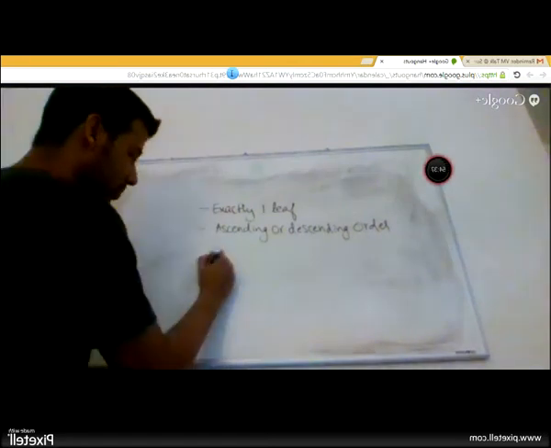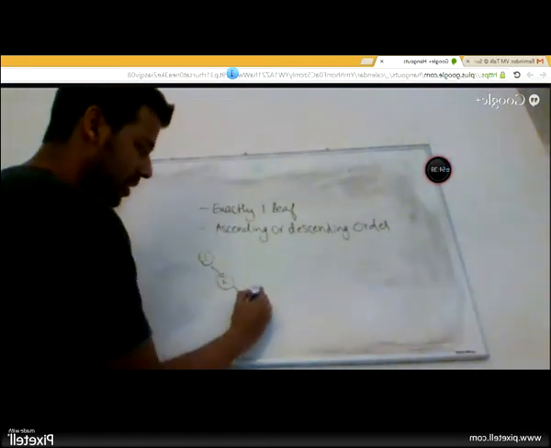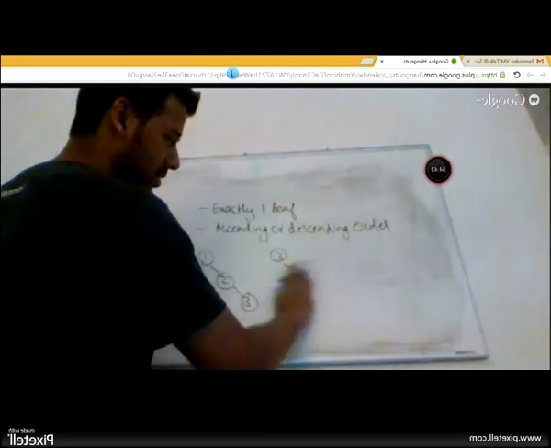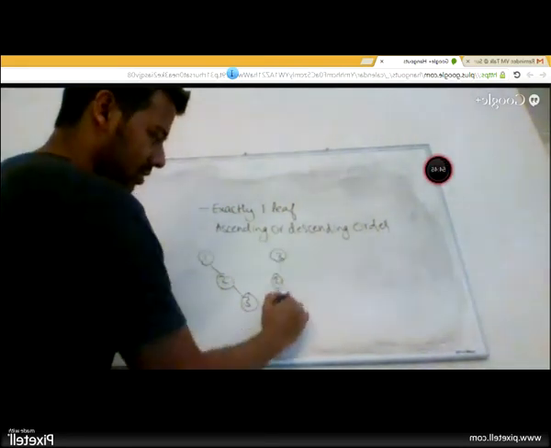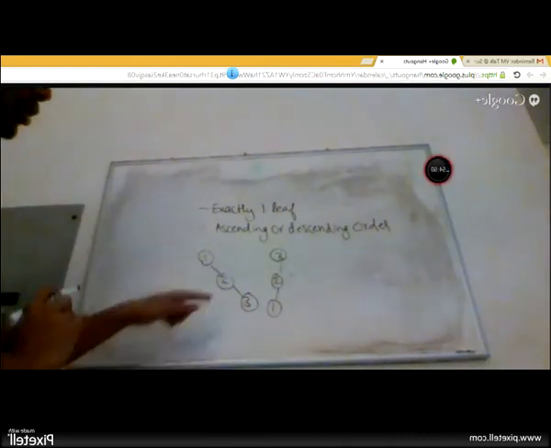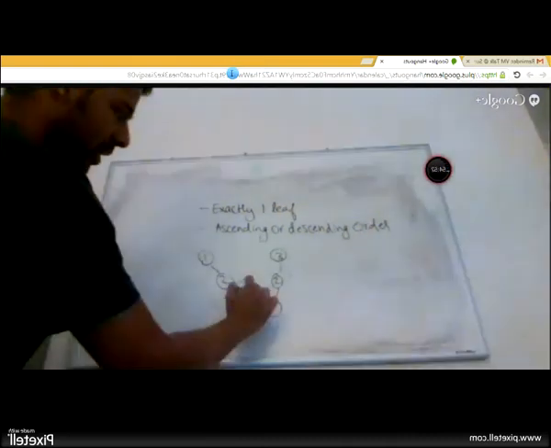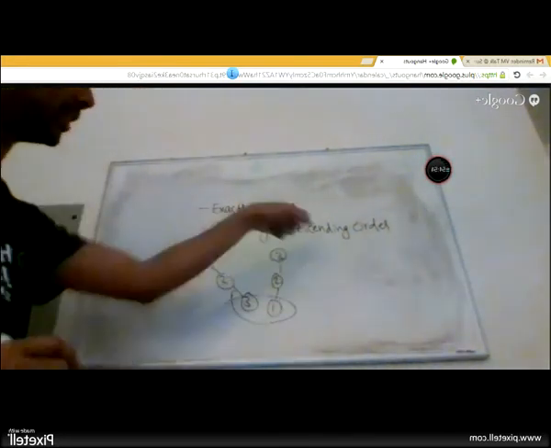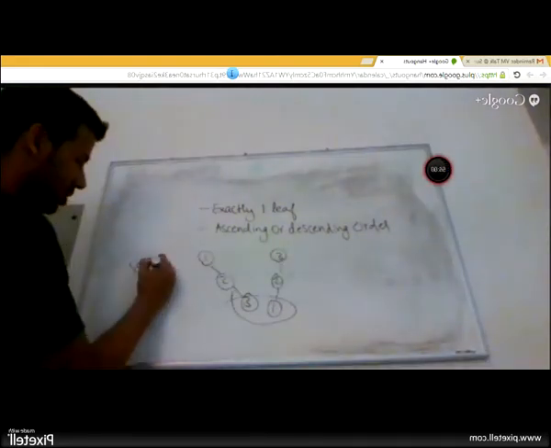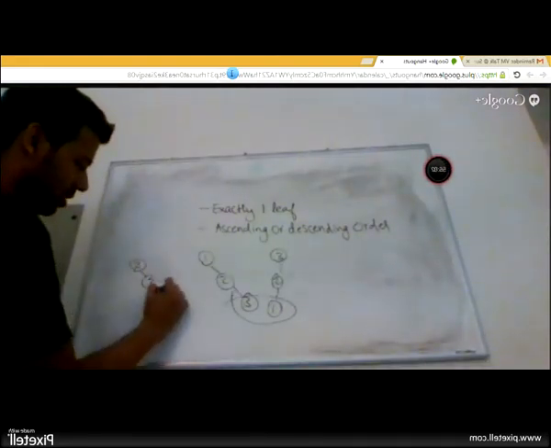It is true that anytime I do this, I get this. But the claim is slightly different. It is saying that you have this one leaf property only if it is this order. No, it's not true. If you have like 2, 3, 4, you'll have 2 leaves. 2, 3, 4.